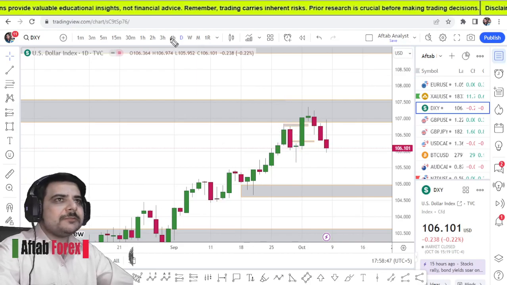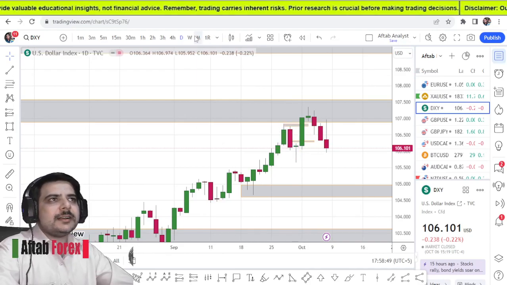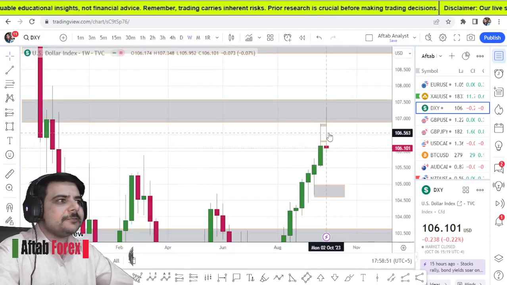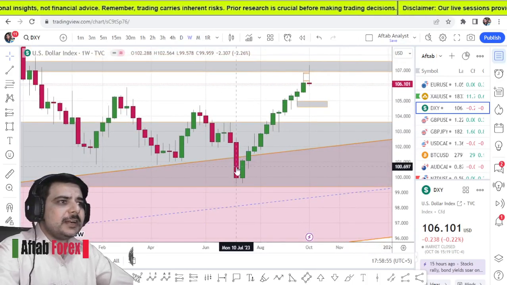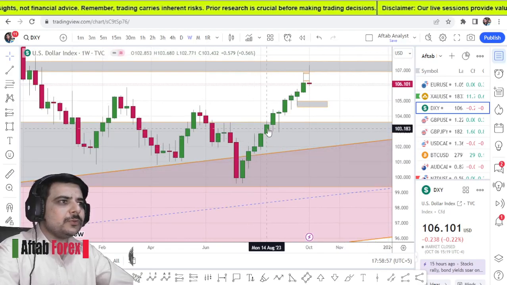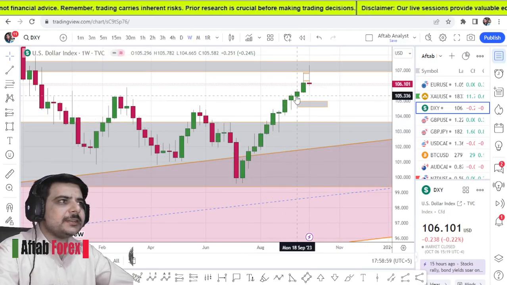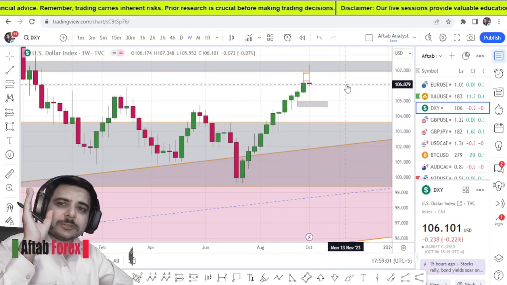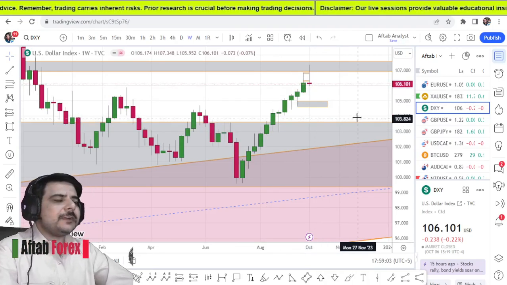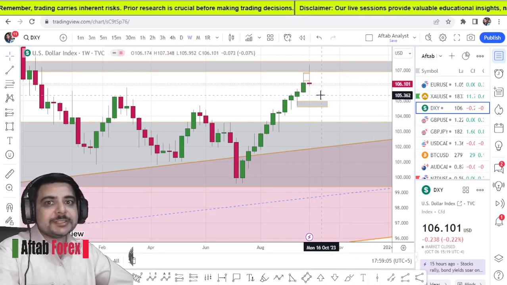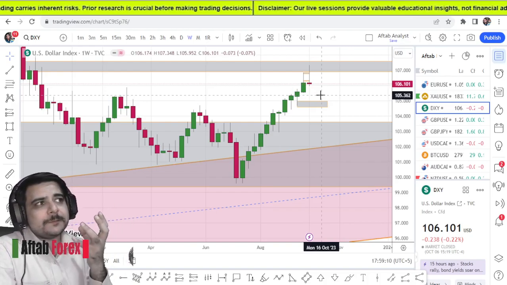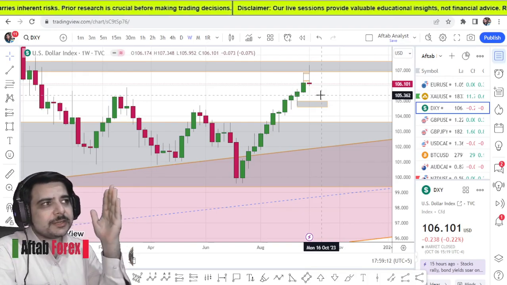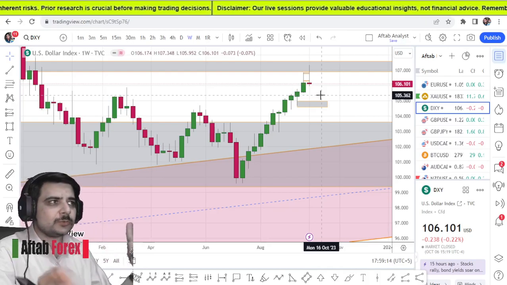But we have to see whether this candle on the weekly time frame, this huge rejection on the index after how much time? 1 2 3 4 5 6 7 8 9 10 11. On the 12th week we finally have got this rejection, so it is sort of like a trigger for the sellers that okay, we are going to push the market down.